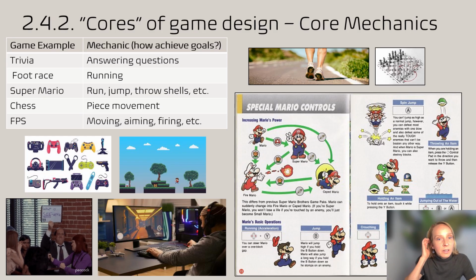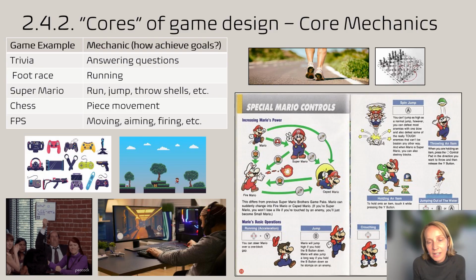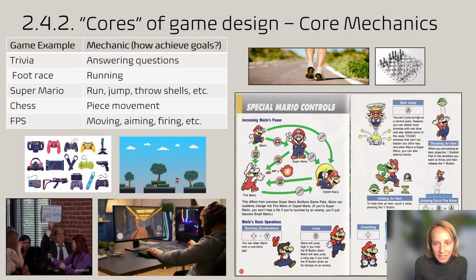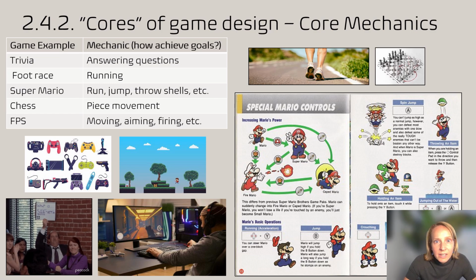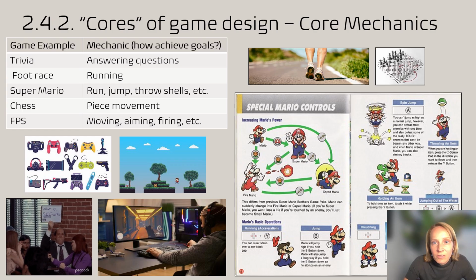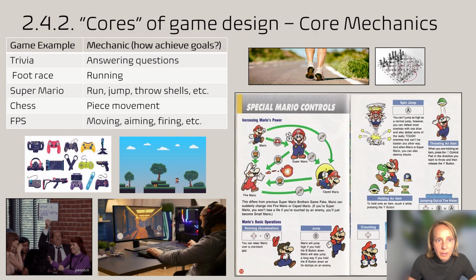So, cores of game design: core mechanics. This is probably one of the more important slides that we talk about, and we'll hit it again next week, the idea of core mechanics, dynamics, and aesthetics, just because they're three such important concepts. Core mechanic, again, is the way a character interacts with the game or achieves the goals, interacts with the dynamics, and particularly performs it repetitively.